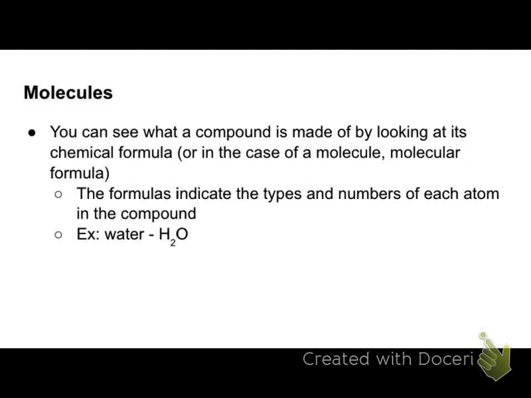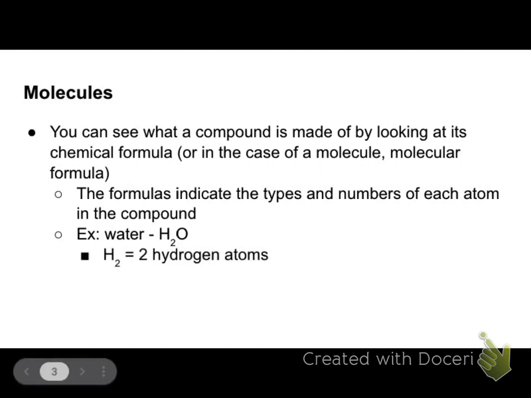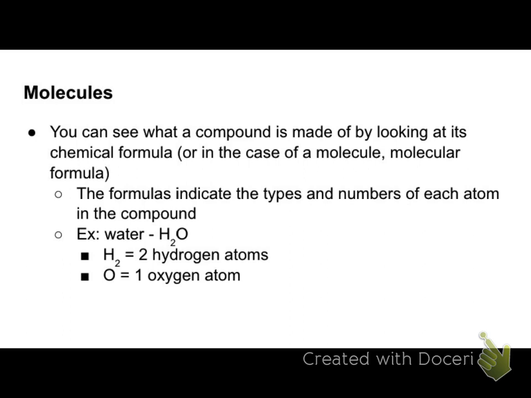And we have subscripts that tell us the number. So hydrogen, the capital H with the subscript of 2 indicates that there are 2 hydrogen atoms involved. Then we have oxygen, which doesn't have a subscript, which means that there is only 1 oxygen atom involved. Okay,